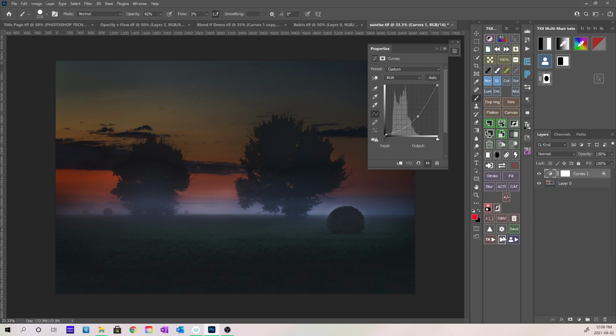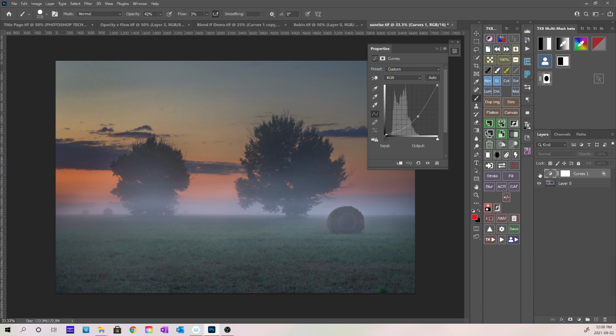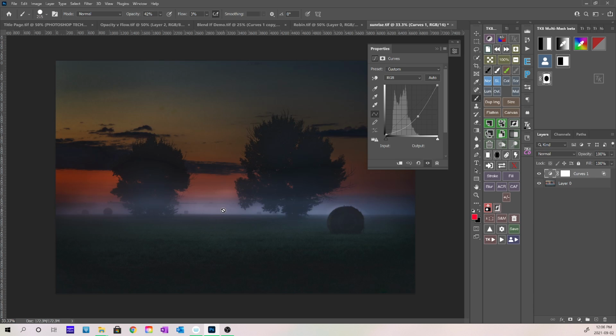and click OK. Now watch the center area there as I turn the adjustment off and on. Overall the image is getting darker, but that fog in the center really isn't being affected that much. A little bit because of the feathering, but for the most part it's staying just as light as it was before. So that's how you can use Blend If to control an adjustment,